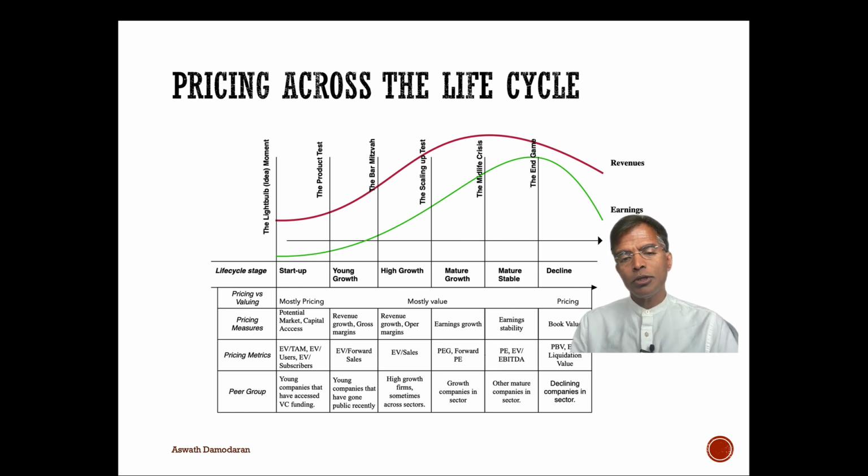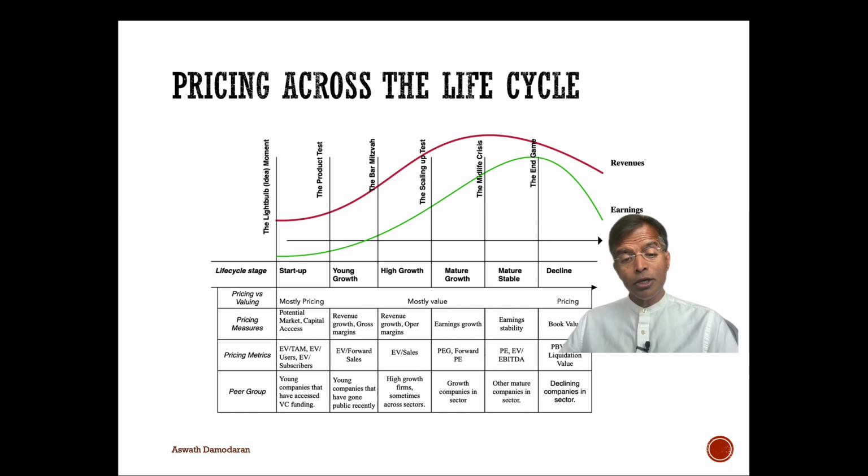When you look at mature, stable companies, you're going to see far more enterprise value multiples, enterprise value to EBITDA, enterprise value to invested capital. Why? Because with mature, stable companies, debt becomes a wild card. Some companies borrow money, some companies don't borrow money. When you have different leverage across companies, using equity multiples like price earnings becomes more dangerous. You're going to see more enterprise value multiples. And when you're in decline, you're going to see more book value multiples. Why? Because people, for better or worse, associate book value with liquidation value.